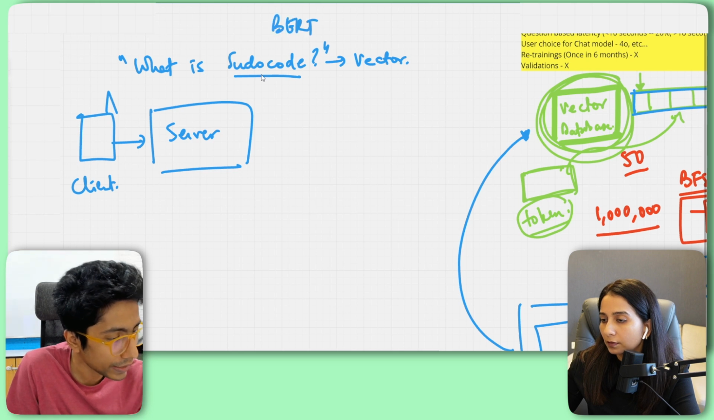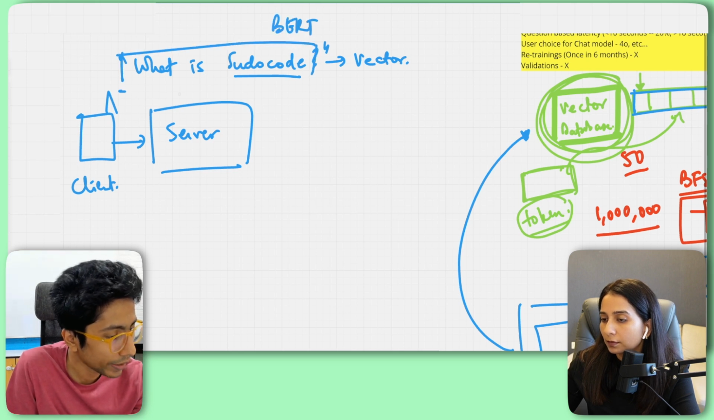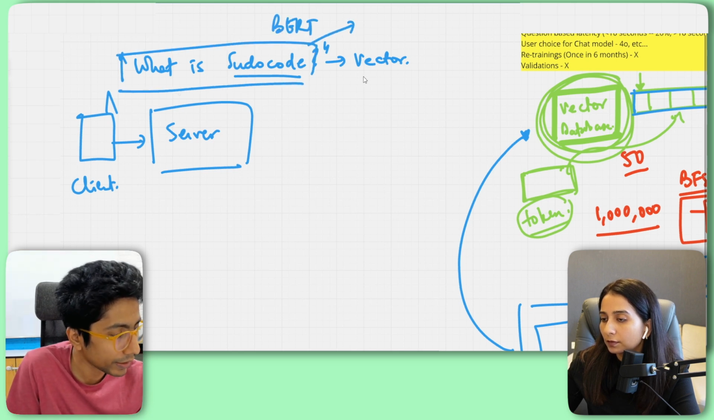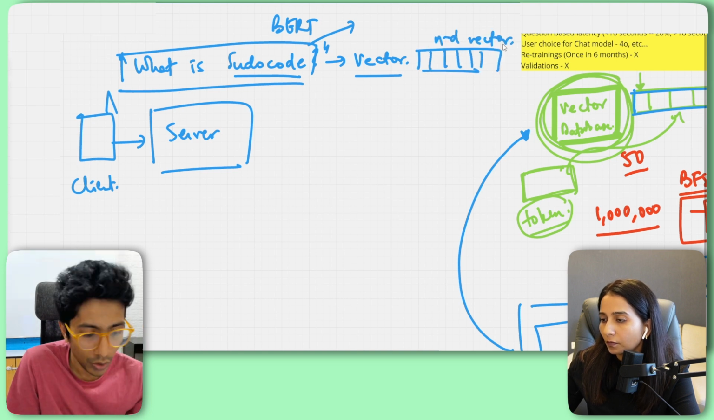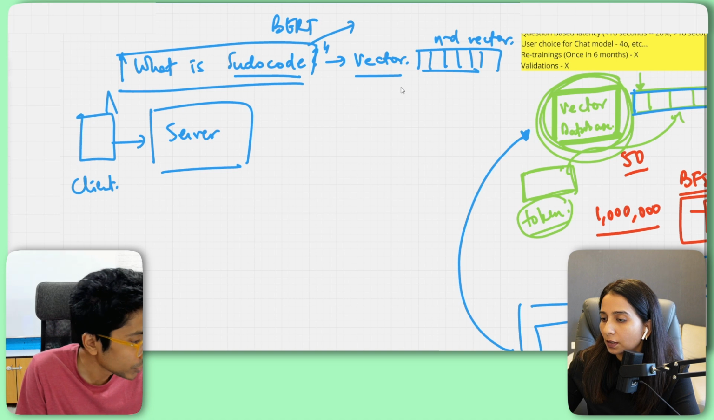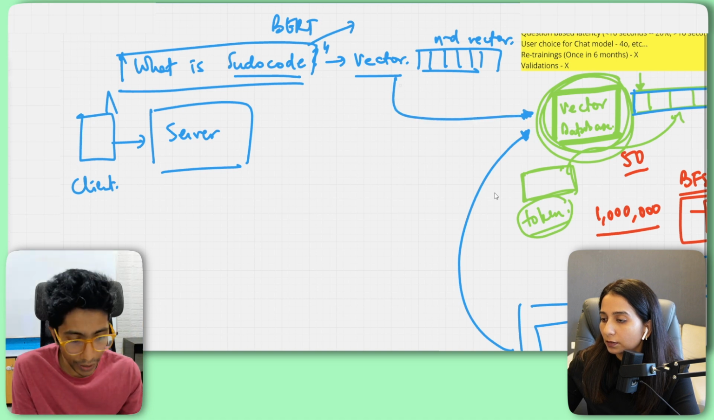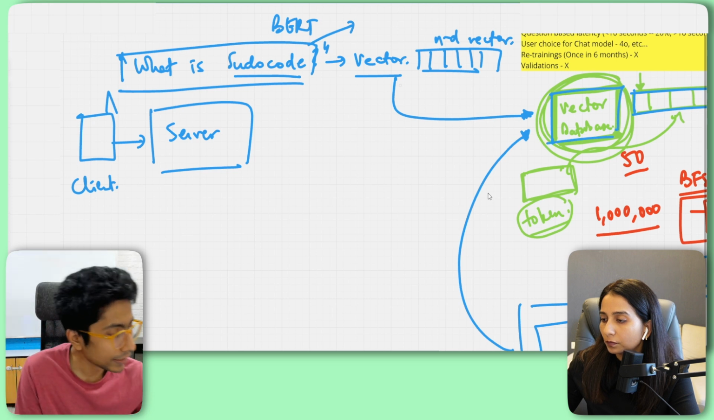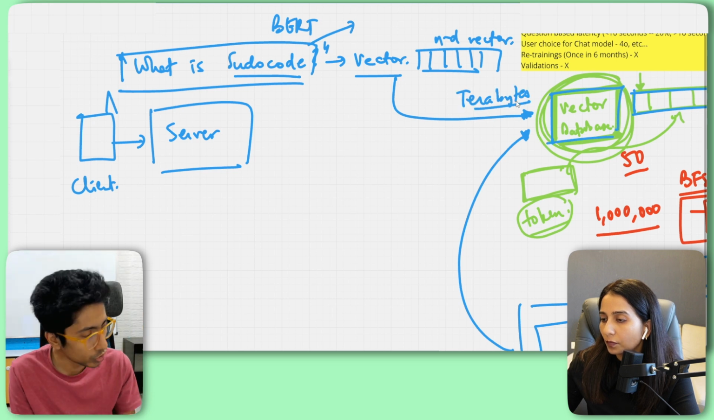So BERT, let's say, runs through this input query and it converts it into a single vector representation, which is going to be an n-dimensional vector. Now with this vector, we will search our vector database. There is a big issue here because this vector database is going to be massive. If I have to take a guess, then this will be in terabytes